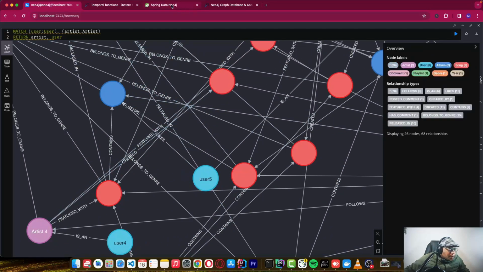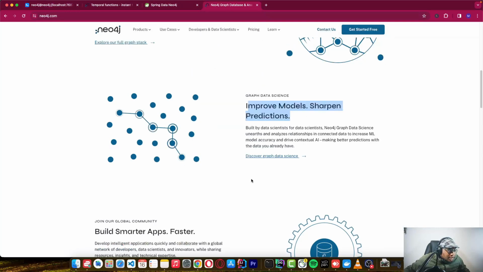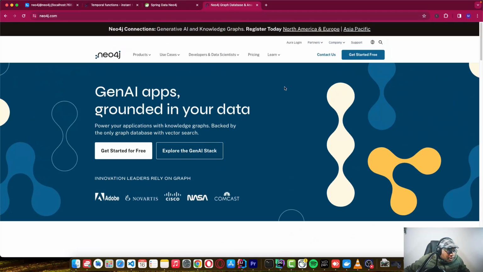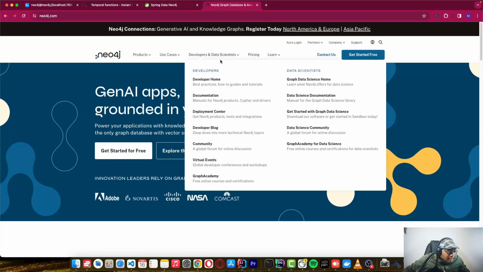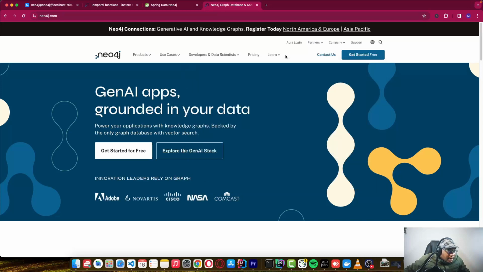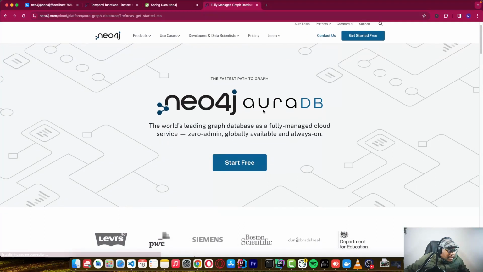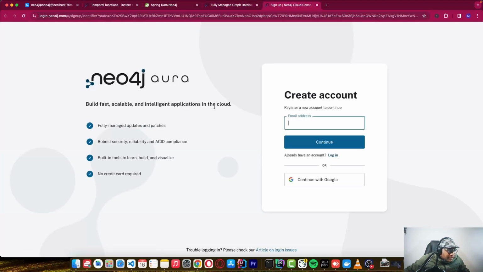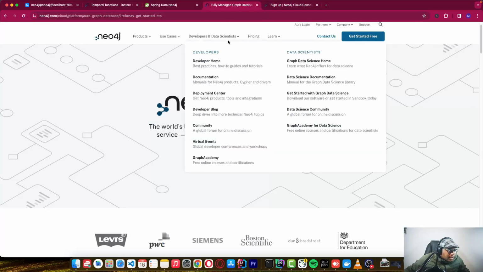So if you go to Neo4j, you can also install Neo4j on your computer, and you can also come here and create an account. You can get started for free, and you can create your own account here, which is Aura. There's a free account, and you can continue to sign up with a Neo4j account. You can continue, or you can use